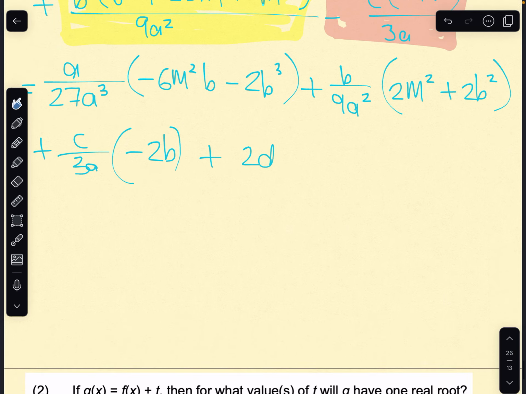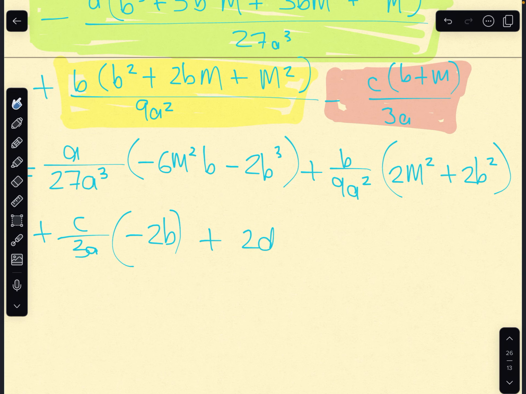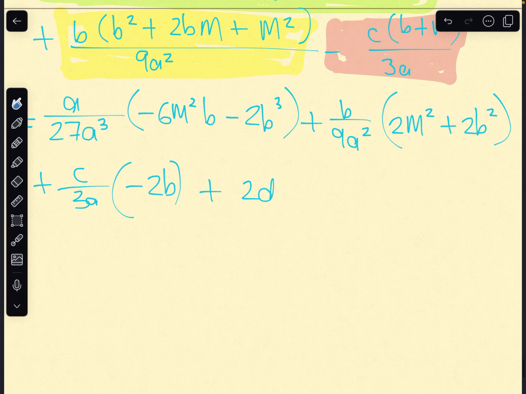So let's see where we're at now. For now, we have added our two y coordinates together. These denominators look fine, so I'm not, for example, going to cancel out the a's, because then I'm going to end up with 27a squared, whereas in my other expression I have 27a cubed. So I'm going to keep it like this for now. What we want to do now is halve this. So we're going to say half of the sum of the TP's y coordinates